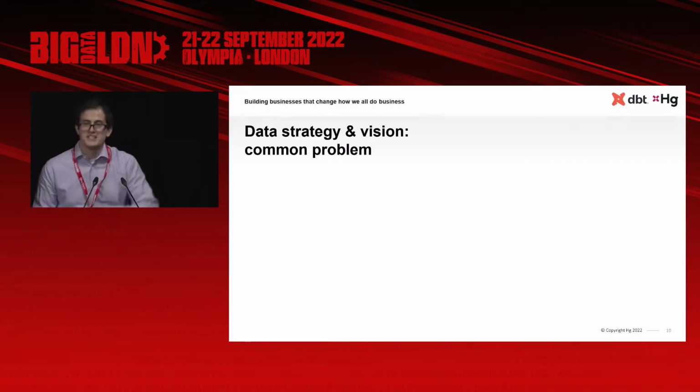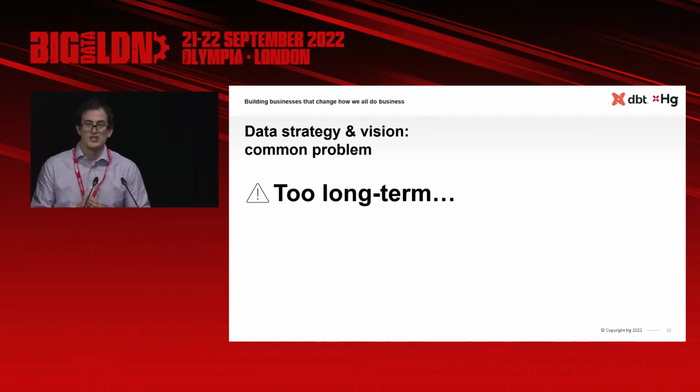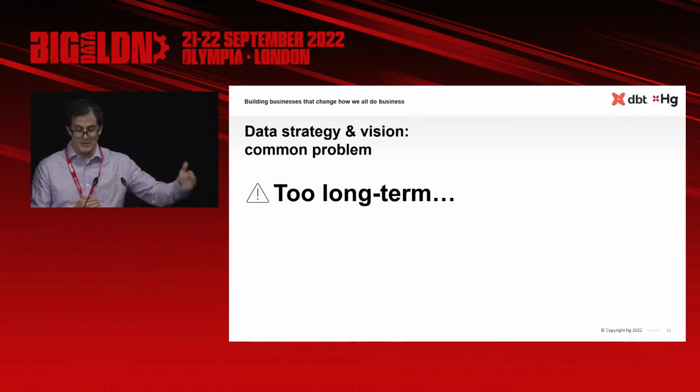Now, let's say we're past that first hurdle, we have a data strategy. That's great. I want to share with you from my experience of having seen many companies bring data strategies and visions to the board for sign-off, to the CEO, to the board for budgets. What do I see as some of the most common problems and mistakes in data strategies? And that is making that data strategy too long-term in its ambition.